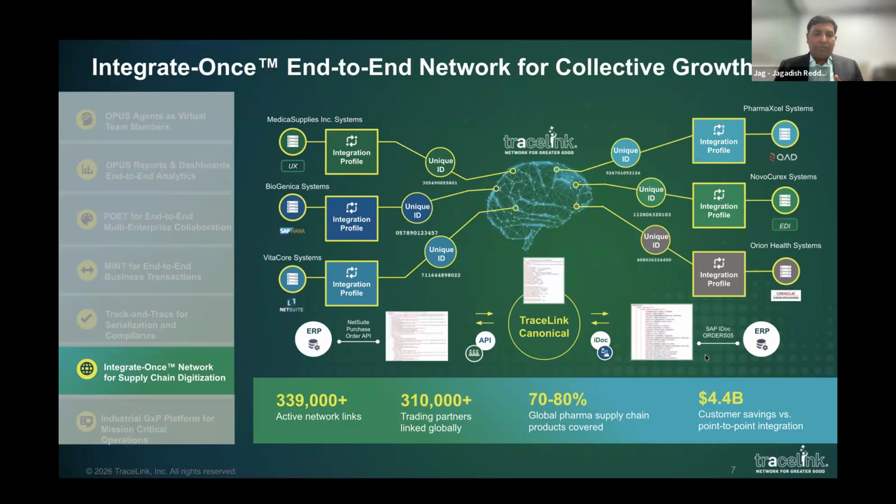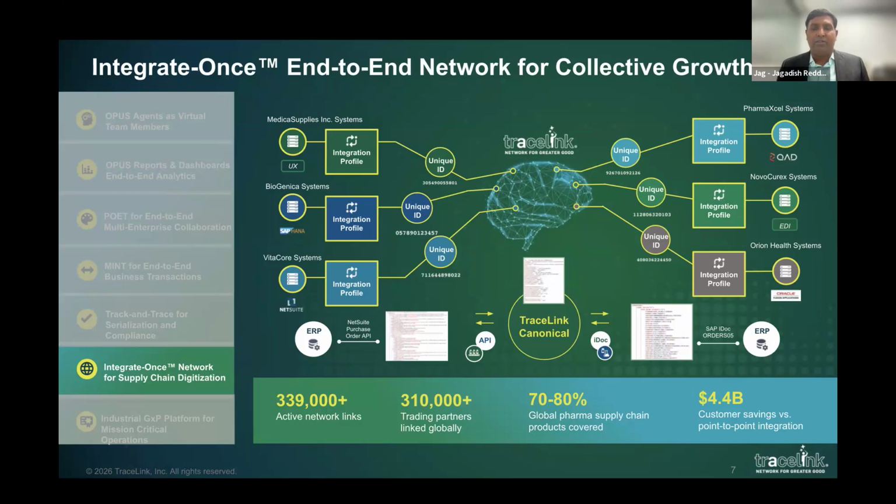So this is how the network you are building helps you to accelerate your integrations, because TraceLink's core foundations are two. One is the transforms, the second one is the canonical. The transforms help us to translate from customers' files, and we take them and translate into TraceLink canonical format. And when we use the same transforms to translate it out to the trade partners' way of understanding, the file formats they like to understand, we translate them and we send it across. This way of network level